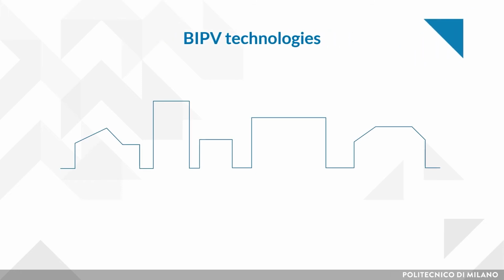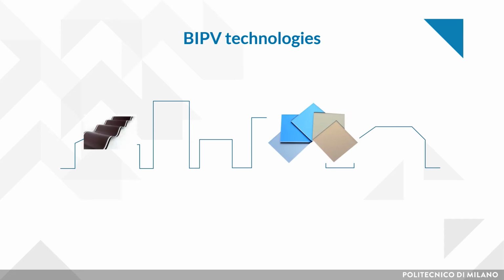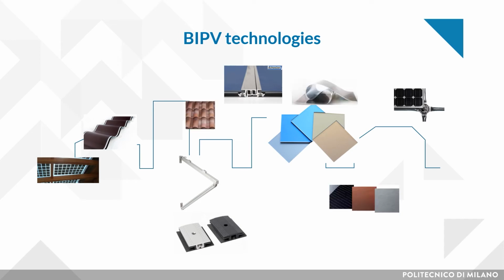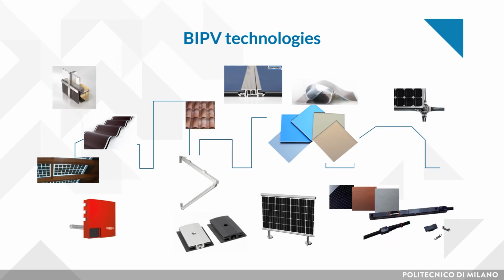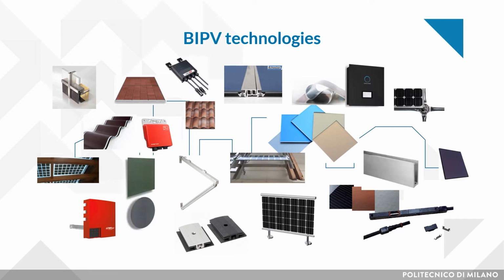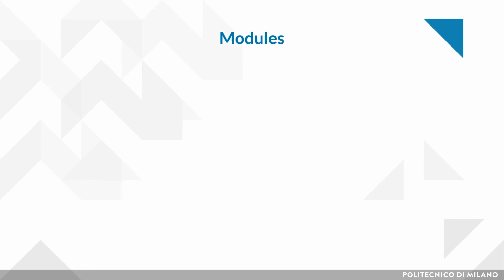In the last decade, the development of BIPV products has come a long way in order to meet the most varied needs of the building. Let's start with a big picture of some products that we will see today. You can see modules, mounting systems, and energy systems. Let's see in more detail some of the products that you can find in the current BIPV market. Please do not take it as an exhaustive overview, but just as an insight.